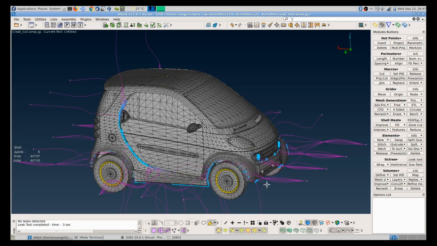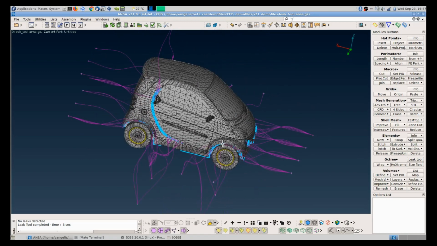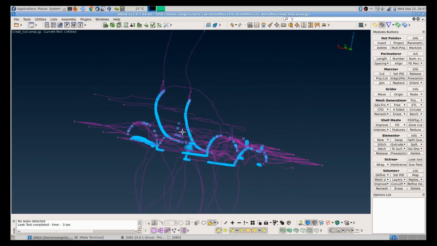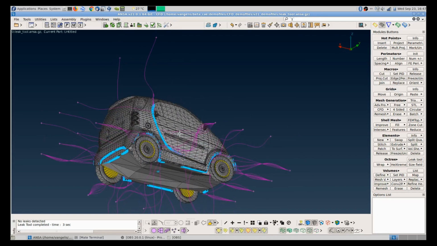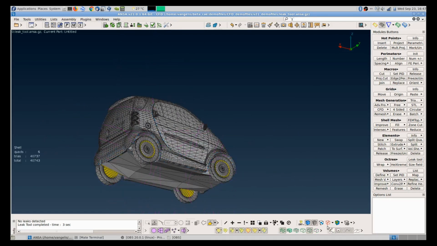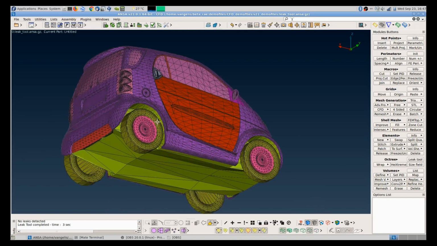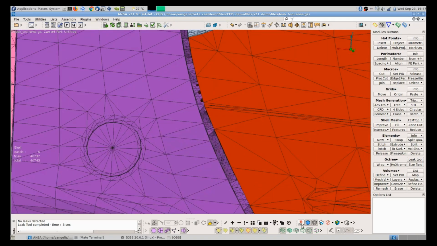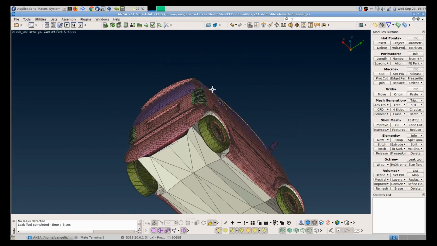Okay, the computation is completed. You can see that ANSA has created 3D curves and 3D points. Let me remove visibility of FE model mesh. And it indicates the locations where it has found a leak and where it has closed it. Okay, so I can deactivate visibility of curves and points and switch to PID mode, for example. Or I can even switch to part mode, so that you can see.